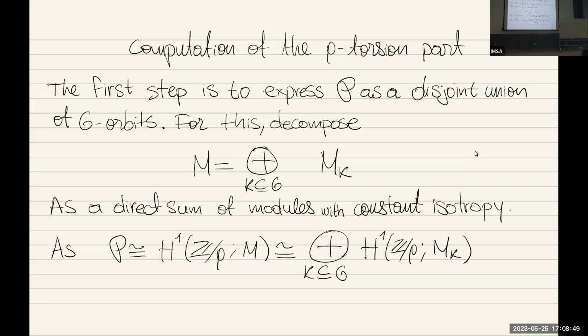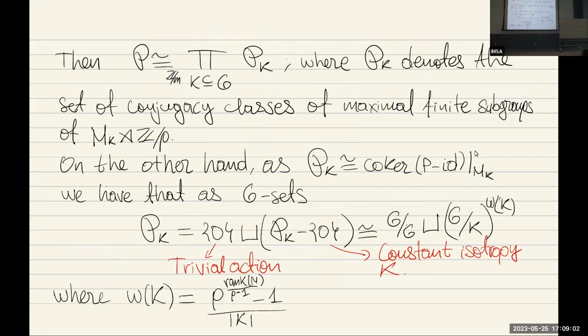Then we have this isomorphism. It is an isomorphism of G modules. These isomorphisms are isomorphisms of G modules. Then we have here this direct sum. In terms of a set of conjugacy classes, we have really this isomorphism. P is isomorphic as a set M set